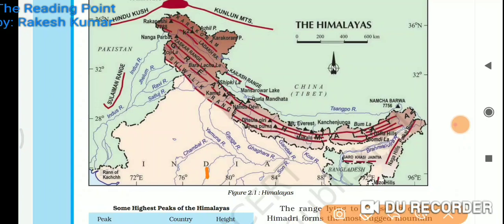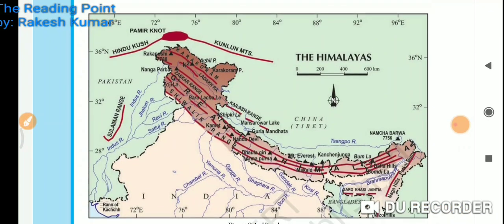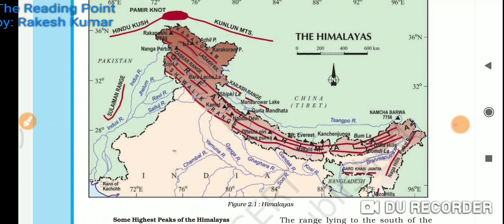So the Shivalik range is made up of those deposited materials. Mud and silt landslides are common in this part of the Himalayas. You can see in the news many times that landslides take place in the